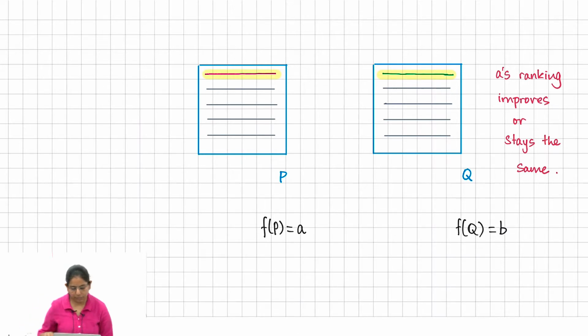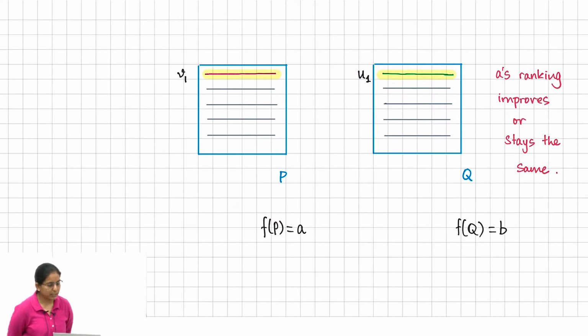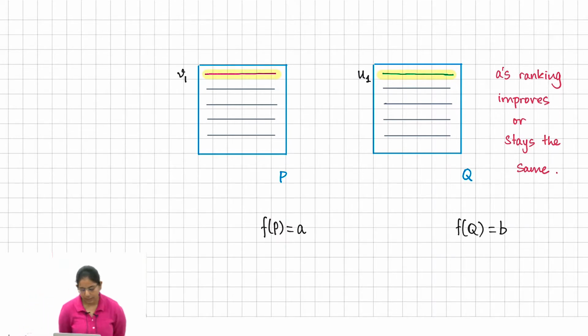So how do you think the first voter, let's call this preference V1, and we call this preference U1. So how does V1 compare A and B? Do you think it's A over B or B over A? Keep in mind that the mechanism is strategy proof, right? Yeah, so V1 better like A over B,